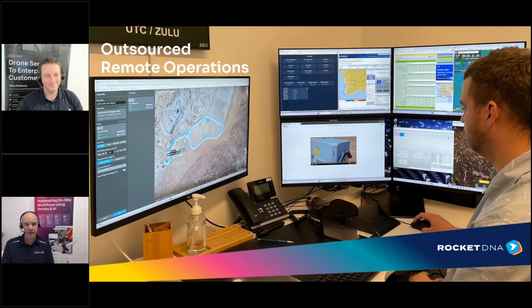Moving on, these systems are monitored by our pilots in our remote operating centres, which are currently in Perth and Adelaide in Australia and Johannesburg in South Africa. What you can see here is the main screen where the pilot has his flight planning and monitoring software, in this case the DJI Flight Hub 2,